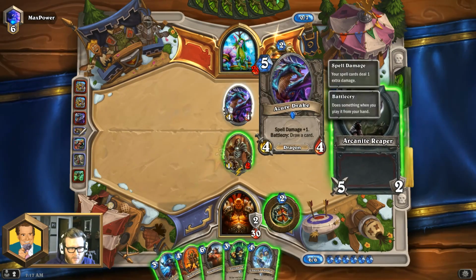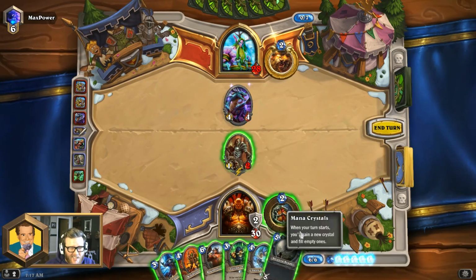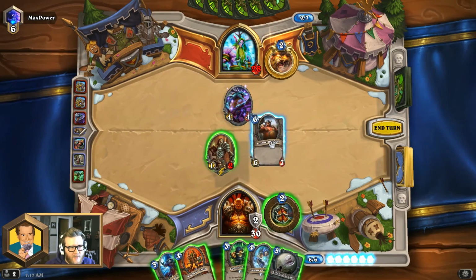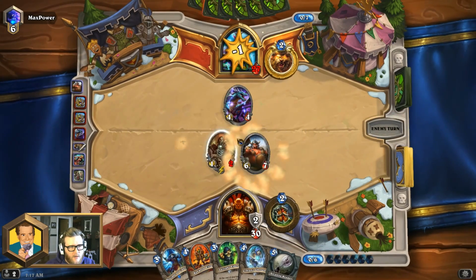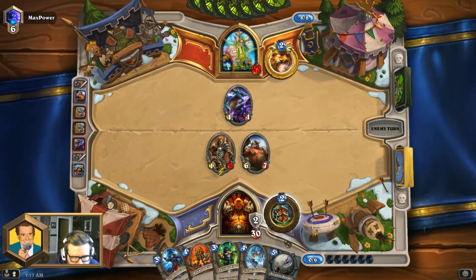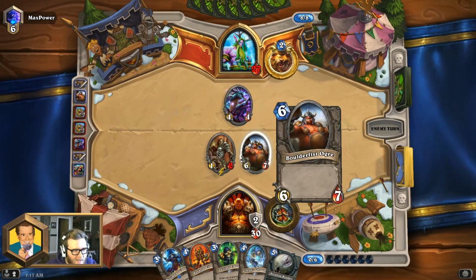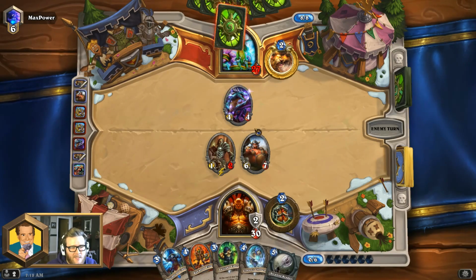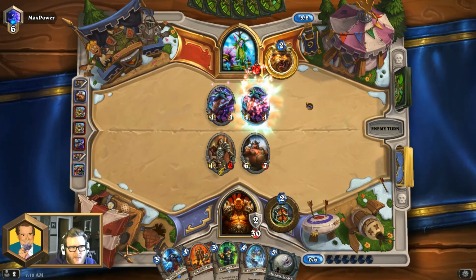Could Arcanite Reaper, but I don't think it feels that good. I think I'm just going to Boulder Fist. As I think I described last game, the Boulder Fist, the earlier you get it, the earlier it can attack. The Arcanite I can always play next turn still. And it was on curve mana-wise too, so...